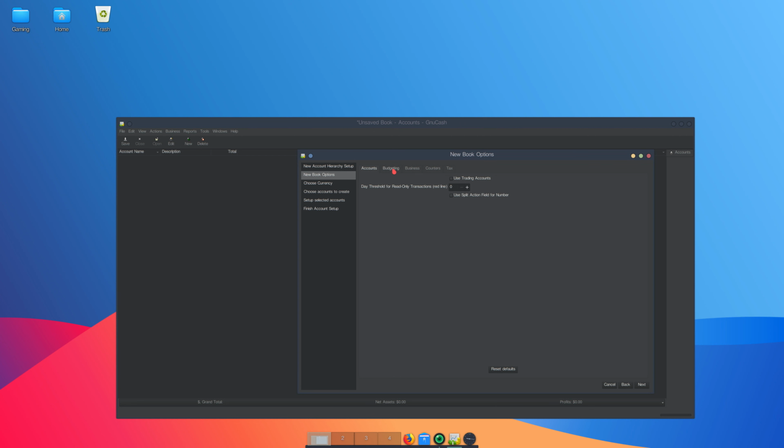Now in GNU Cash, I will probably do something with QuickBooks and see if I can demonstrate the same processes. Now every software solution is different. At least with GNU Cash,